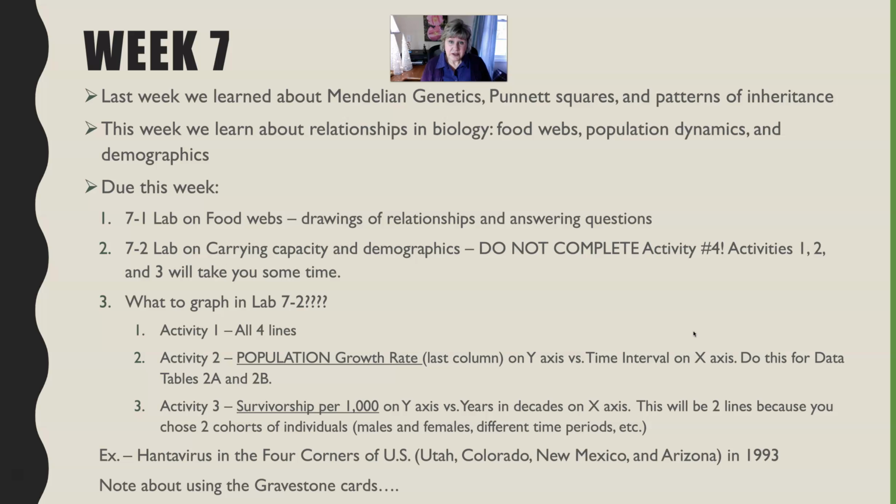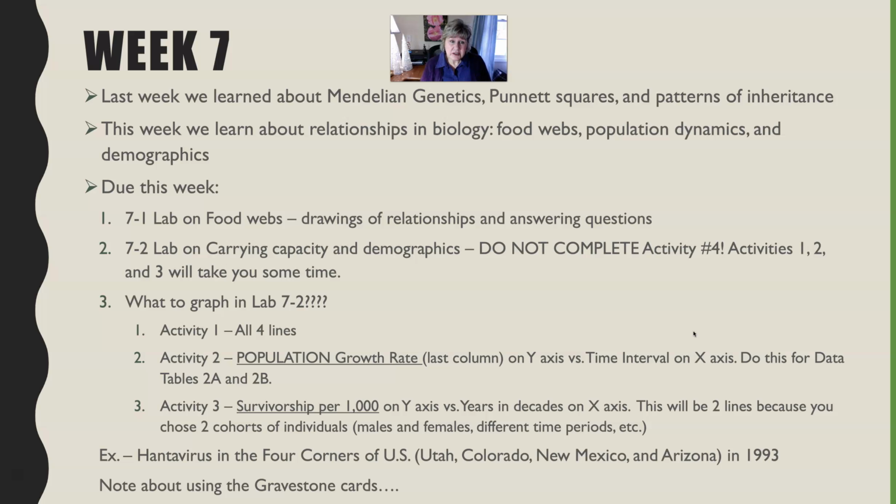My Department of Natural Resources here in South Carolina does counts all year long for deer to manage the deer population because there are basically no natural predators of deer in our state, and so hunters are allowed to cull the population in order to keep those numbers down because we can have too many deer and they can be harmful to the environment. And also demographics, where you study